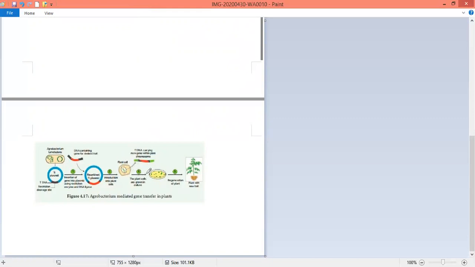You can take this plasmid DNA and grow it in a culture medium, then it will develop into a new individual. Before transferring these plasmid DNAs, rDNAs into the plant cell, we do the selection of recombinants. After selection of recombinants, we transfer it. This is about the Agrobacterium mediated gene transmission method. So this will be free from all kinds of disorders, and you can take it as a transgenic plant.